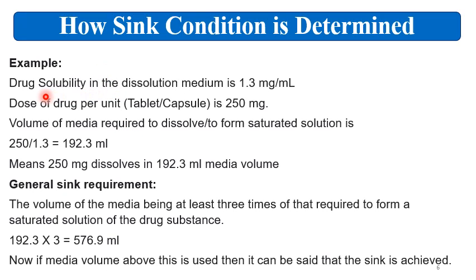Here I have taken an example of a drug. The drug solubility in the dissolution medium is 1.3 mg per ml, and the dose of drug per unit, meaning the tablet or capsule, is 250 mg. Now based on this solubility in mg per ml, the volume of media required to form a saturated solution is 250 divided by 1.3, which is 192.3 ml. So this is the media volume required to dissolve the 250 mg dose,